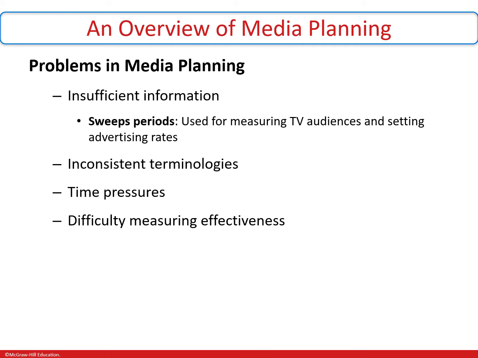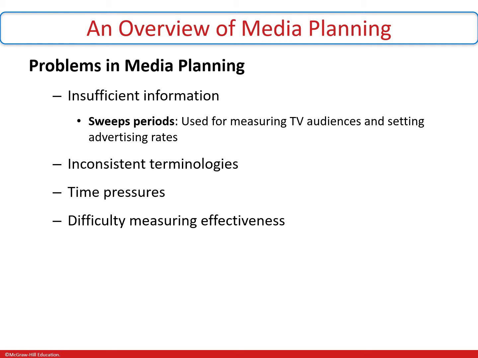Also, you find that there is inconsistent terminology, meaning different parties define key terms differently, and as a result of that, there can be inconsistency in the measurement, and there is no standard measure of certain things. And if there is no standard measure, then the numbers that are being presented by different parties actually mean different things. So, for example, sweeps periods are used to